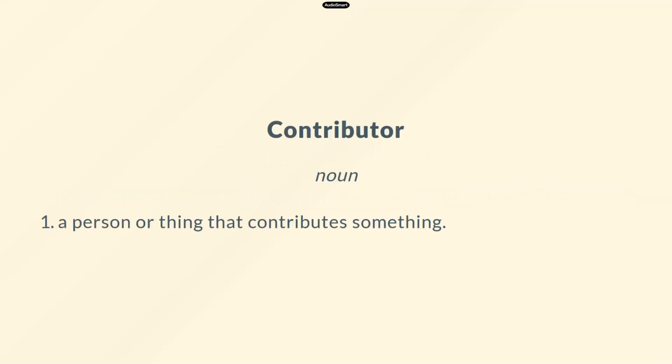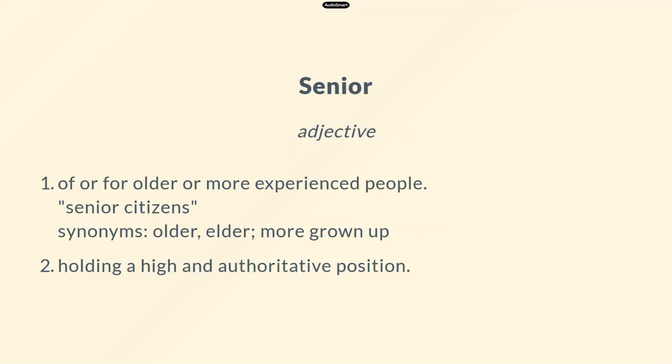So as a contributor, I'm referring to a person or a thing that contributes something. So a senior, I'm more talking about the second one. So I think, to Mark's point, we could think about the first one, but